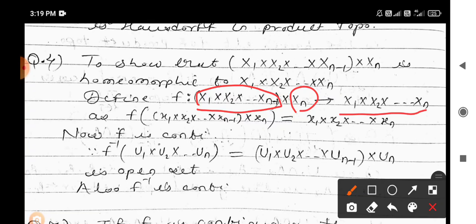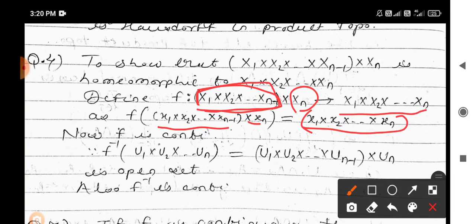So we define the elements in X1 cross X2 cross up to Xn minus 1 cross Xn as small x1 cross x2 cross xn minus 1 cross xn. It is defined as the n-tuples. So trivially, f of x equals x, f of x1 equals x1, f of x2 equals x2. So this is a polynomial function, and it is continuous by the corresponding 6 or 7 rules for constructing continuous functions. So each one is a continuous function, and its cross product is also a continuous function. So f is a continuous function.